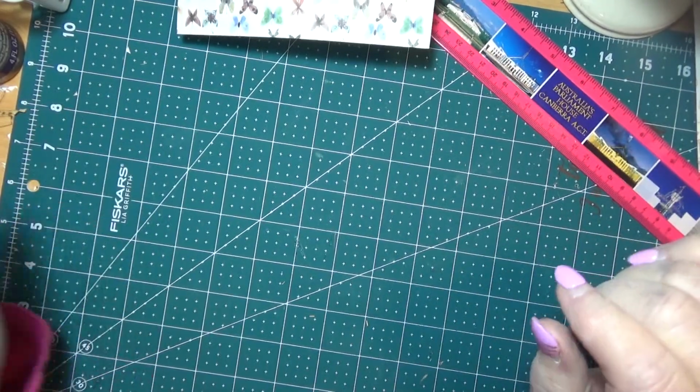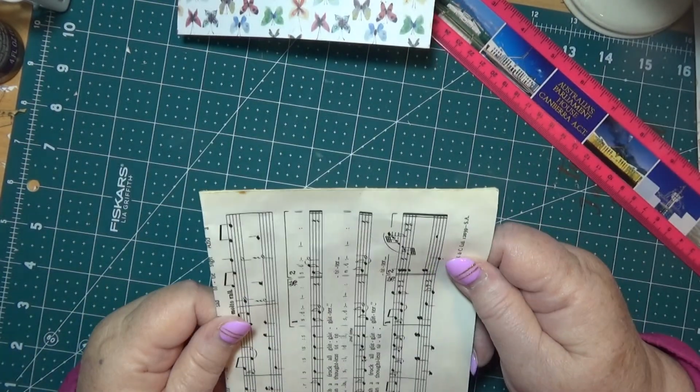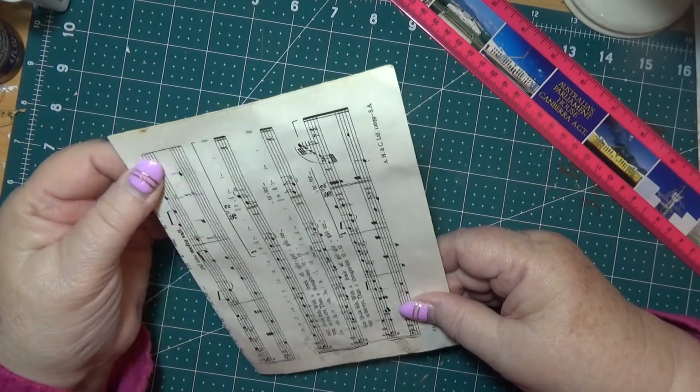Now I've come on here today because I want to show you that I want to make something. I'm going to try and make a couple if I can, try and do a bit of mass making because I'm quite,